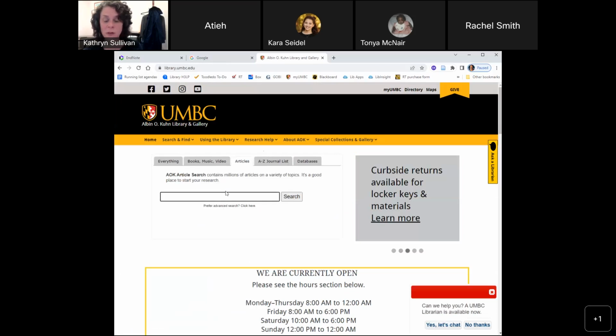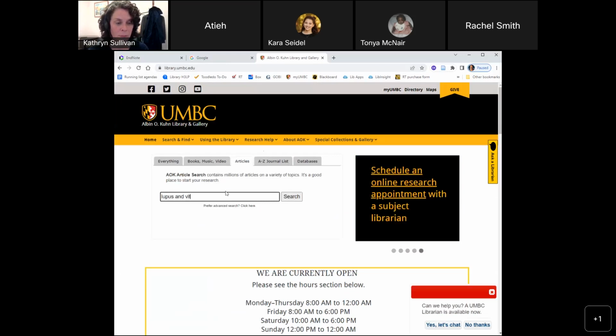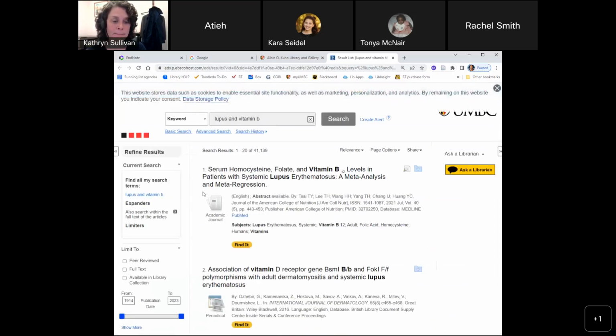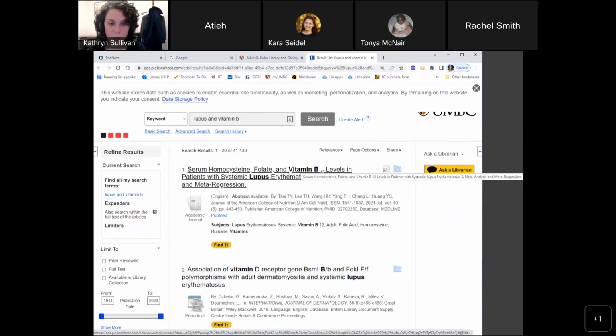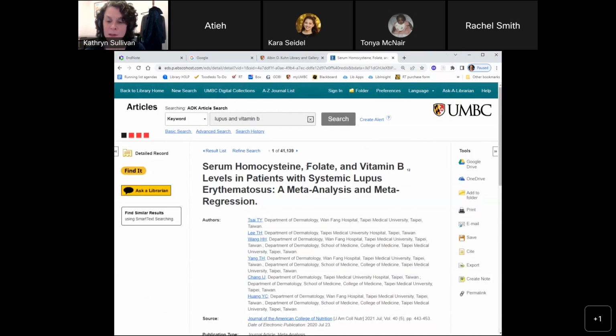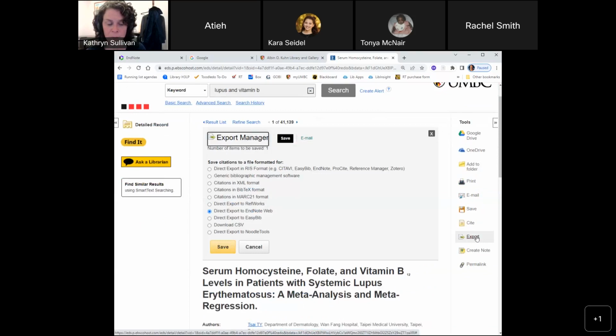So I'm going to just do a quick search in the articles to show what this might look like. And you can do this in a couple of ways. You can do it on an individual record level. So if I go into this first one, if this is one that I identify as wanting in my EndNote account, over on the right, you can see an export option. And it gives you a number of options here, but it should default to direct export to